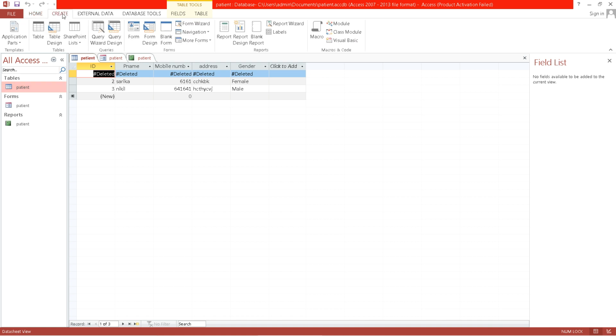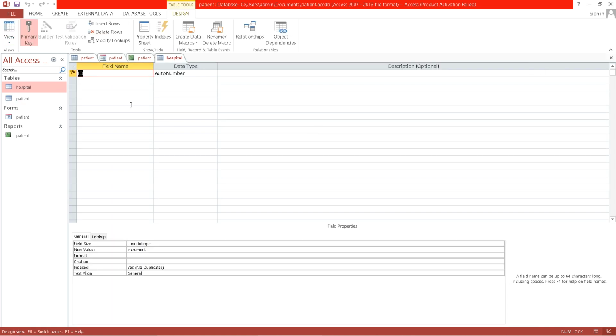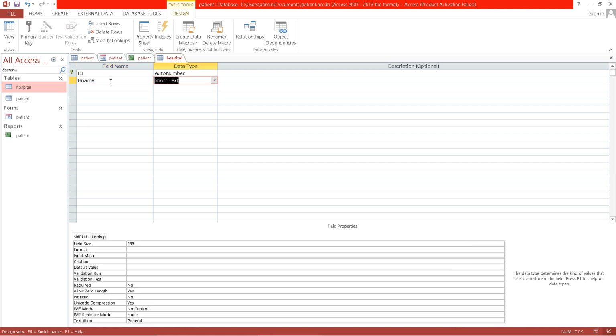Suppose we have created a table of patient, now we are going to create a table of hospital. Okay, here we have created it. Now we can write different fields as we have done for patients. Hospital name. Okay, it will be short text.